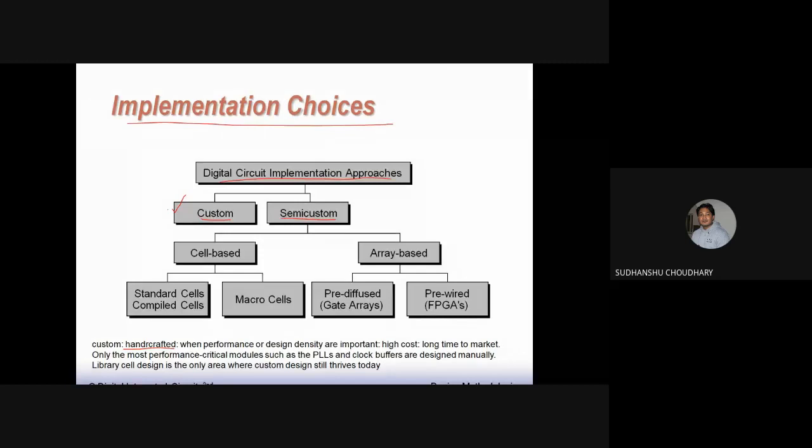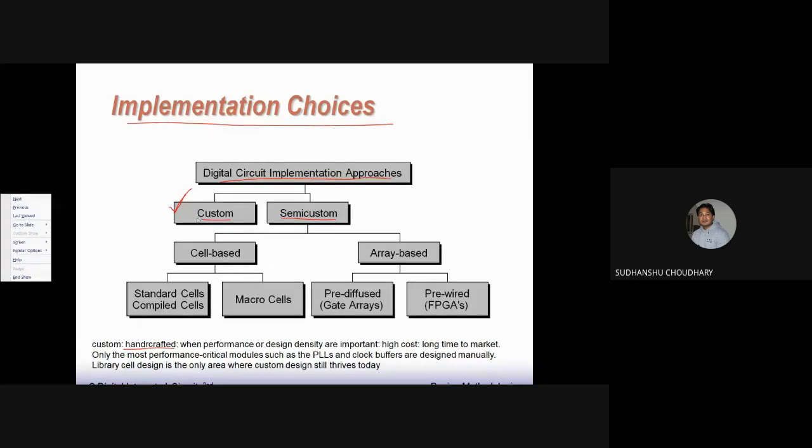And this custom approach is important when performance of the design, I mean chip performance, is important, or design density is important. So one cannot rely on using standard IPs or standard cells. So if performance is very important and also area is important, one has to obviously optimize the circuit on its own, right? That is handcrafting, or the designer has to redesign things on his own from scratch if performance is important, or if the area is also important, right?